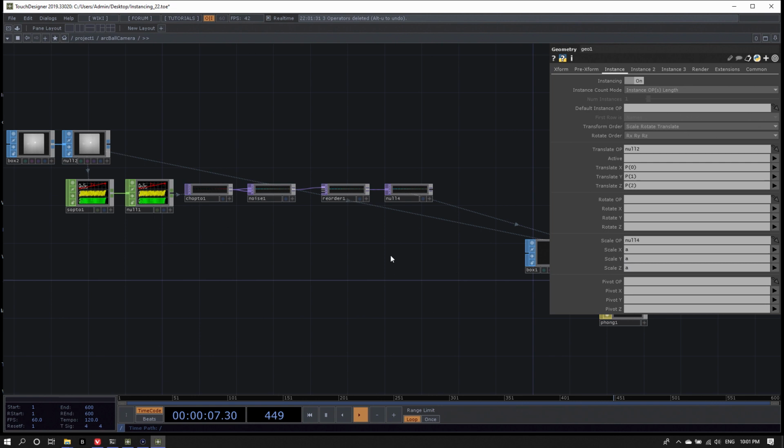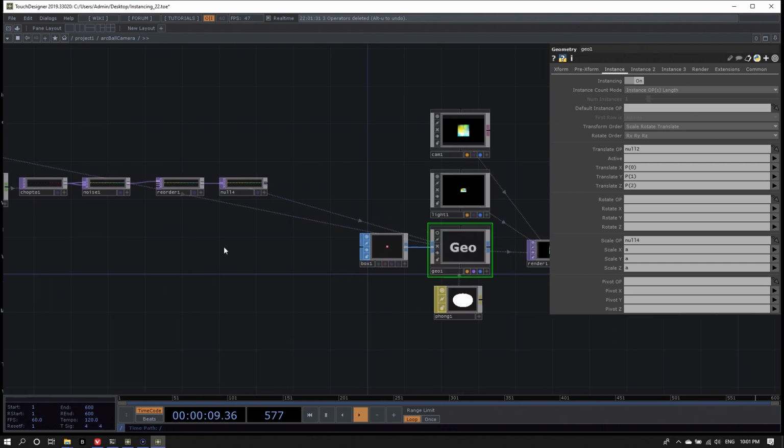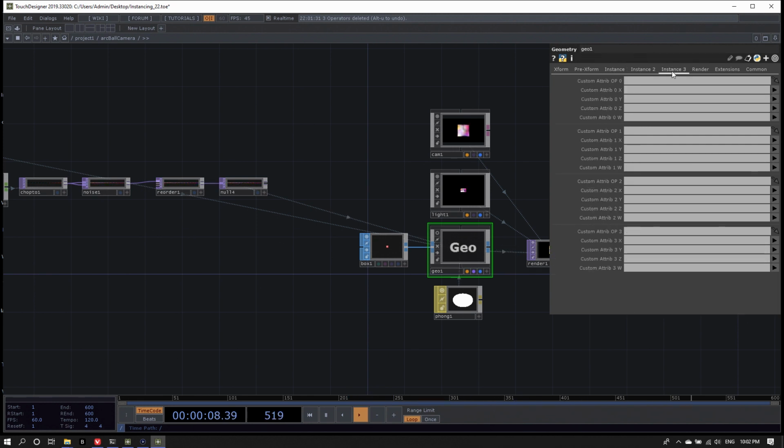So the biggest thing for the new instancing in the experimental series is that we can have separate, individual operators for each attribute that can be adjusted. Translate can have its own, rotate, scale, pivot, all its own. The other nice thing that is new here, not something we're going to use now, is a third instance page, and this one has custom attributes.